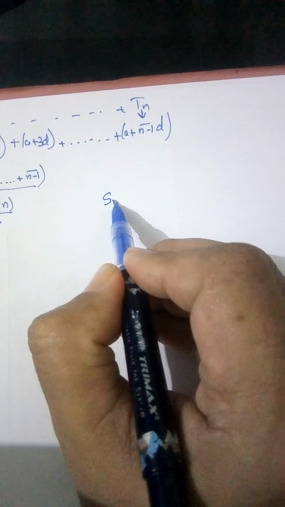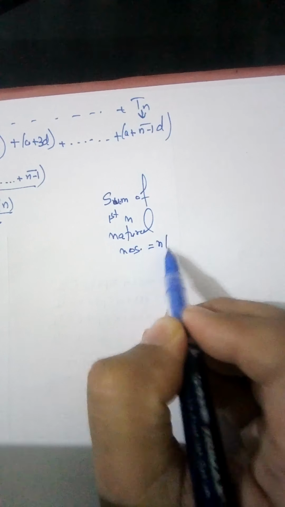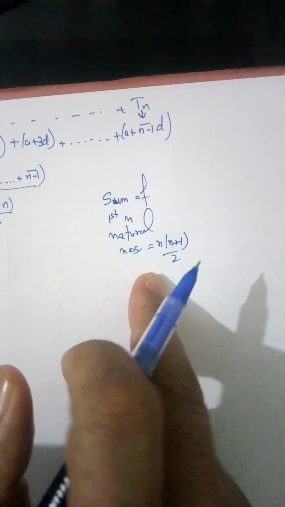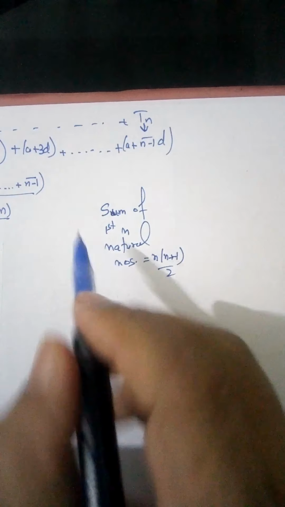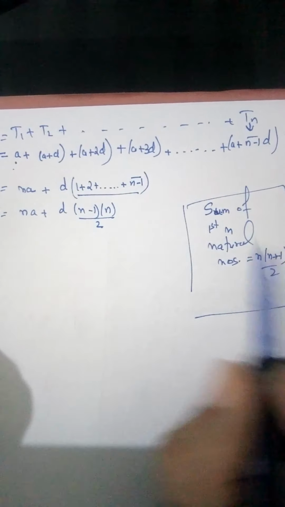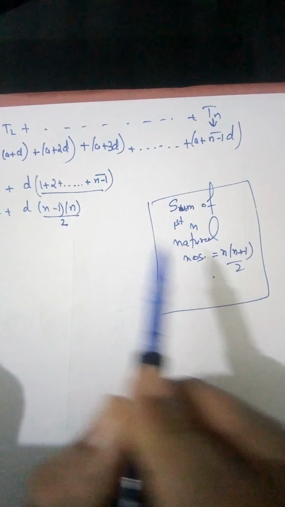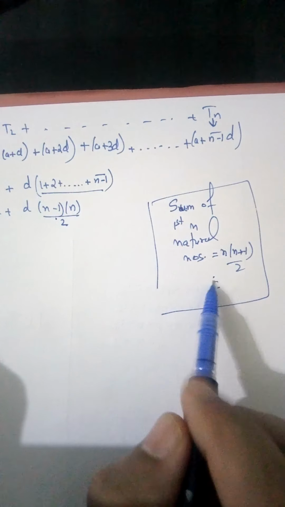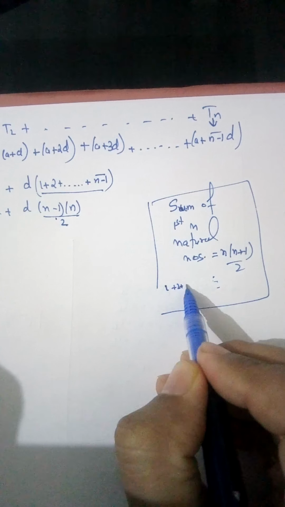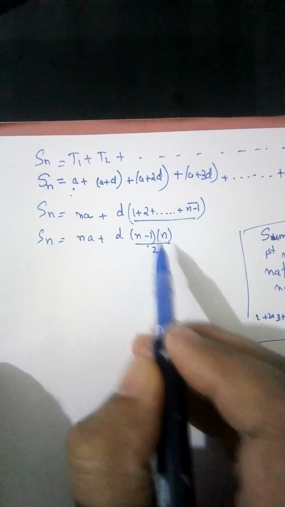And for more details, I'll note it down here. Sum of first n natural numbers is given by the formula n into n plus 1 by 2. So don't confuse this n with the n of this question. This is a general formula for the sum of n natural numbers. In this n I have put n minus 1 to write the sum of first n minus 1 terms. So it will change to this. n has been replaced by n minus 1, because this is the sum of 1 plus 2 plus 3 plus up till n, and here I have to take the sum of 1 to n minus 1. So on simplifying you will get this.